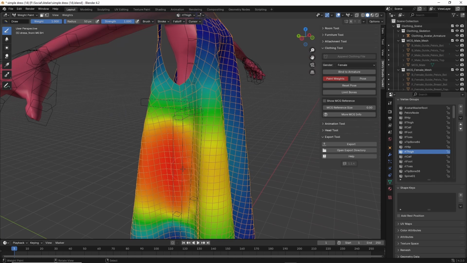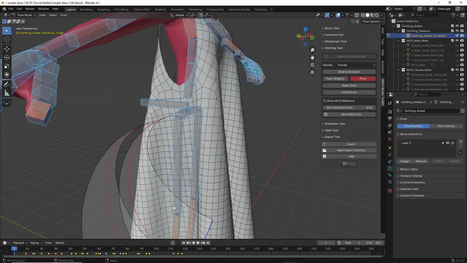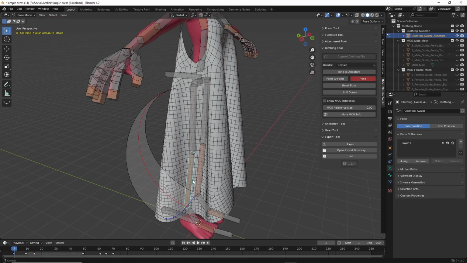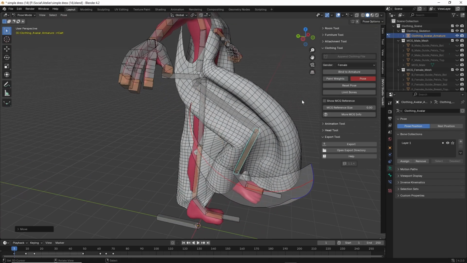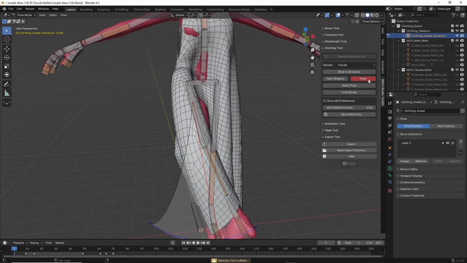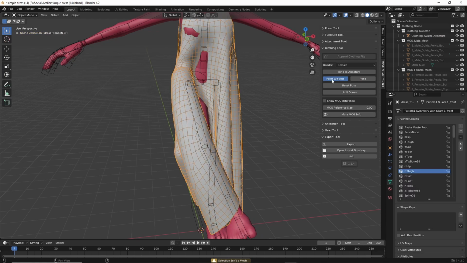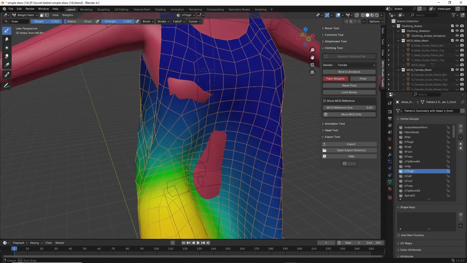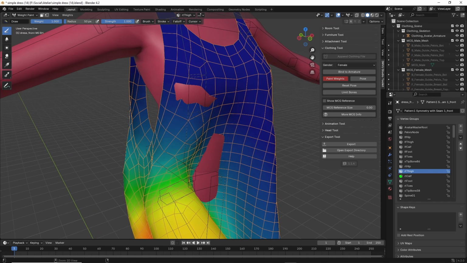So what we can do for this is just pose the skeleton. Doesn't matter how. Drop out of pose mode, switch back into paint weights. Make sure the appropriate group is selected. And then in a 3D view, we have these tools. We have weight, which corresponds to the color that we're seeing. So dark blue is 0 influence and red